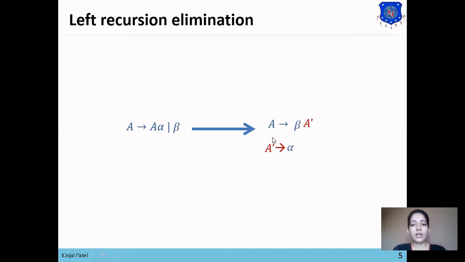So we will call A dash. Now, or null. Why? Because the second alternative has been generated in the first level. So in the second level, or null. This is the grammar which we have generated from the left recursive grammar, which generates the same string or same language that the original grammar does, and there is no left recursion in it. Okay, so this is the rule which you need to remember to remove left recursion from a grammar.